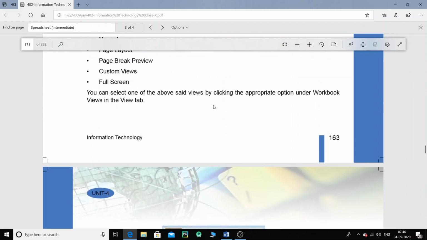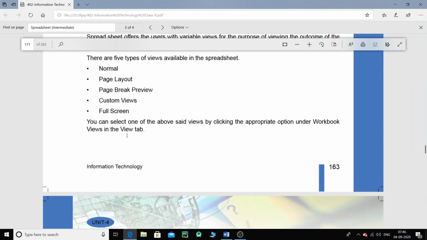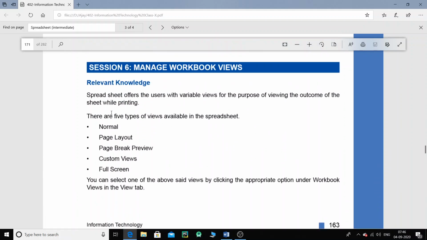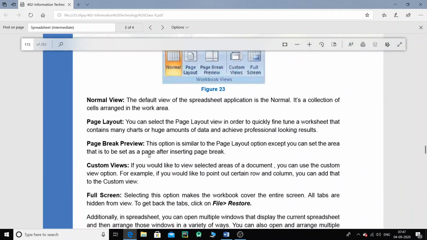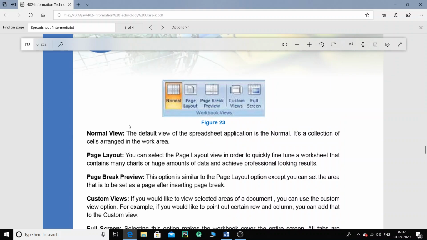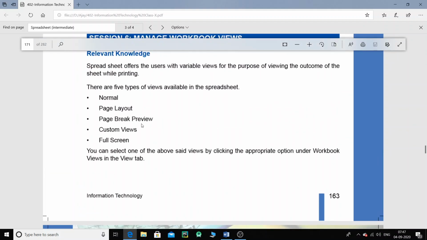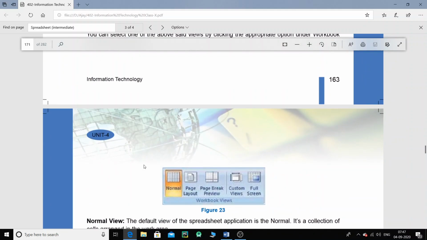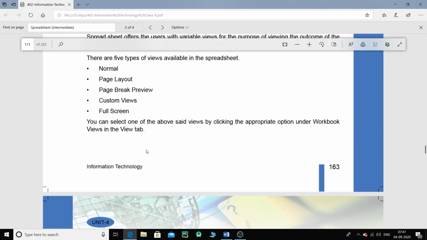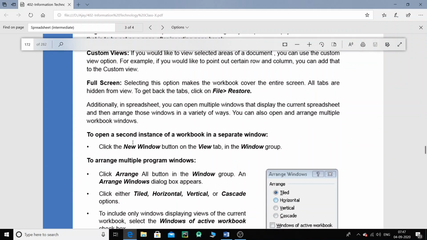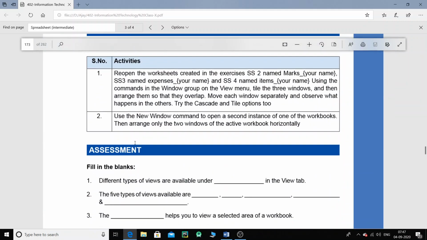So these are the 5 types of views, children. That is the normal view, page layout, and this is the same thing that they have given as the answer, I mean just a definition for it. Okay, that's okay. And then one more thing.